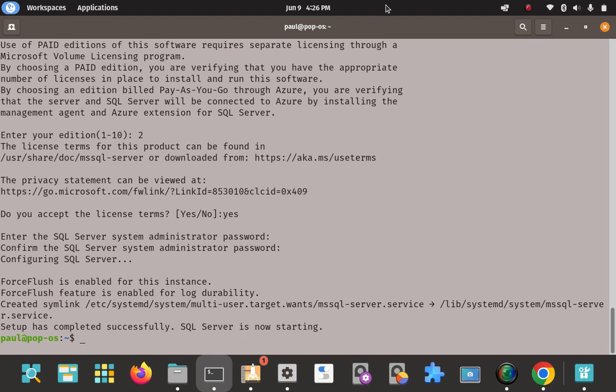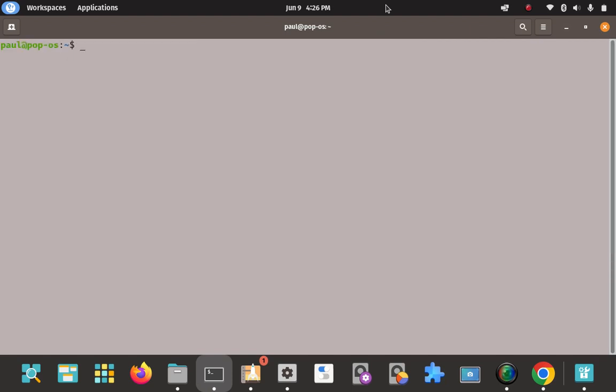Okay, let's see if it's actually running now. So we'll clear on this. And our last step, once the configuration is done, which is what we just did, is to verify that the service is running. Okay, so I'm in the home directory here, right? Home directory. Okay, I'm going to go sudo